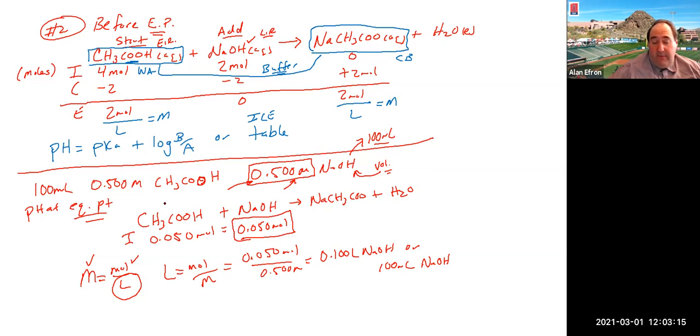And why would you need that? You would need that at the end when you convert it back to molarity, because you need the total volume, which would be 100, obviously in this case, plus the 100 of the other one I needed to add for a total volume of 200 milliliters. So that's one way you could kind of figure it out. Another way you could figure it out is